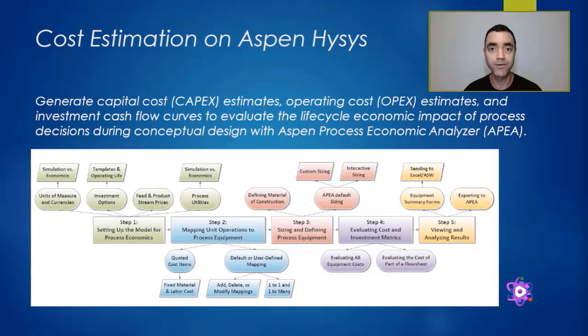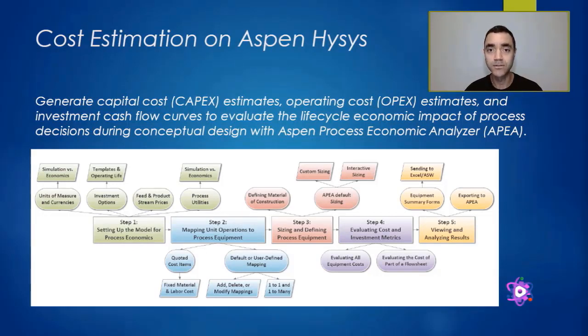Aspen HYSYS performed the calculations for each piece of the equipment, resulting in $1.7 million for this rotating equipment, for this compressor. In fact, when we get the quotation from the supplier, I will not have each piece of the equipment separated. I will have just one block, just one skid in this case. The value that I have shared with you in the spreadsheet is a quotation of a real equipment that is around